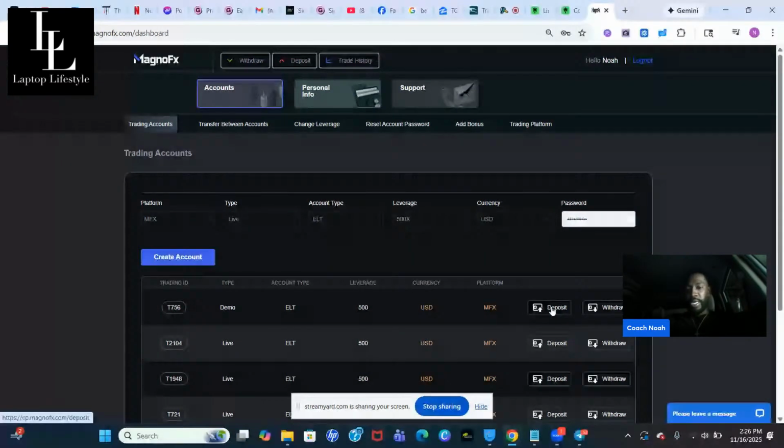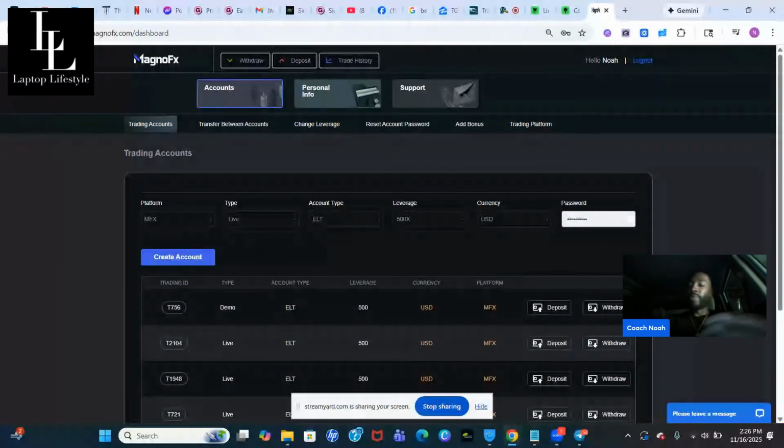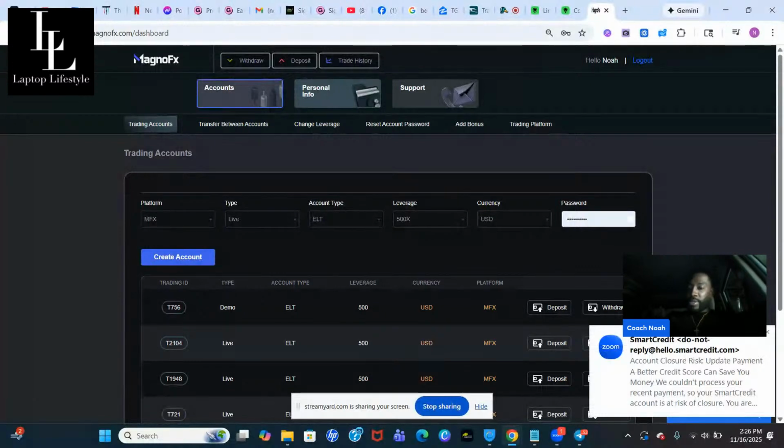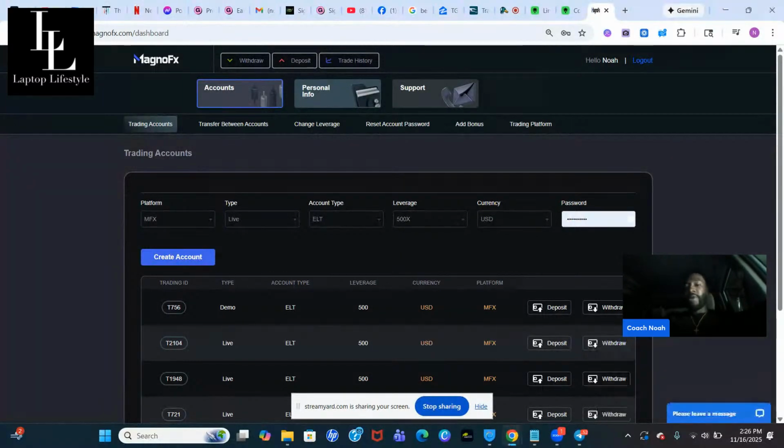Now, before you trade on your live account, I suggest that you practice on your demo account. That's the smartest thing to do. Most people don't do that, and that's why most people are not successful traders, because you want to hurry up and make money. You're trying to rush the process. And what you need to be focused on